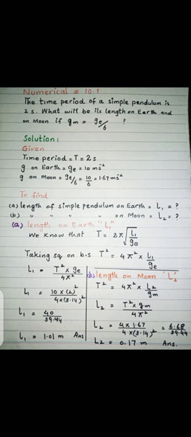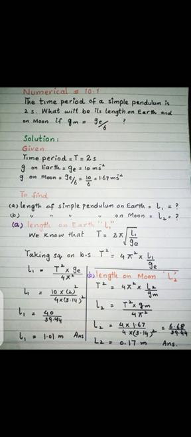Taking the L1 on one side, L1 equals T square multiplied by GE over 4 pi square. By putting the values, L1 equals 2 square multiplied by 10 over 4 multiplied by 3.14 square,